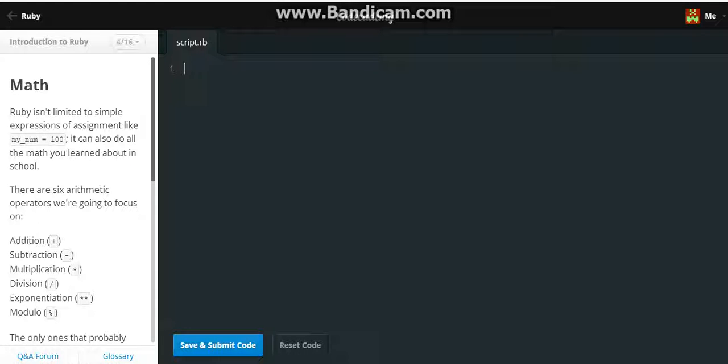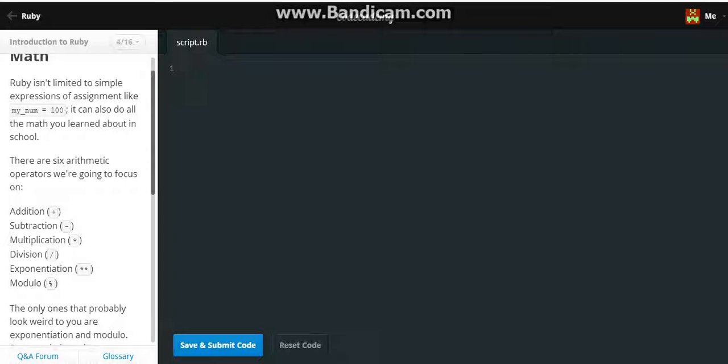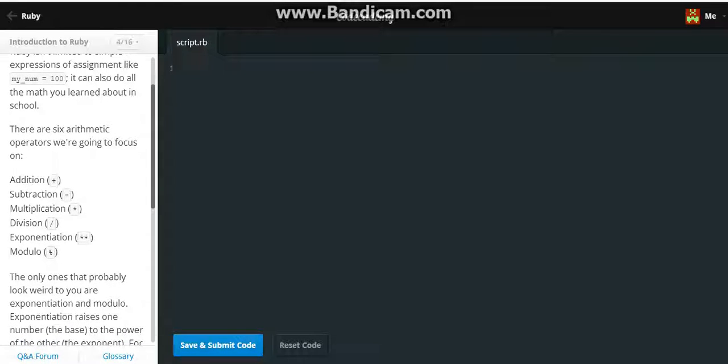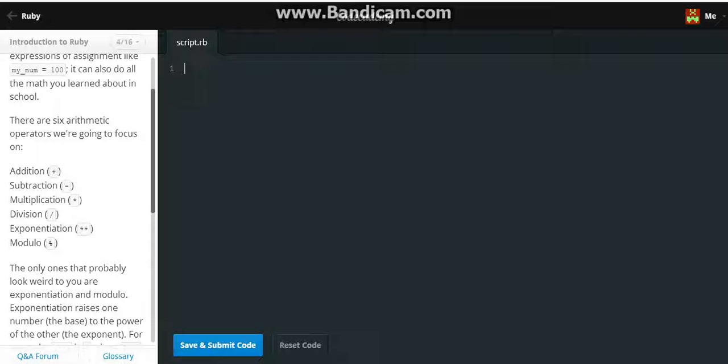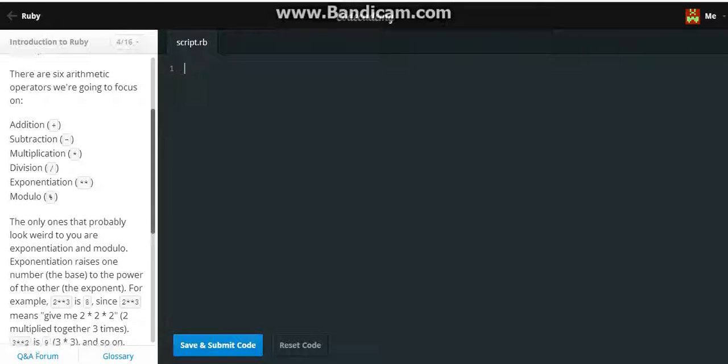There are 6 arithmetic operators we're going to focus on: addition, plus; subtraction, minus; multiplication, times; division, slash; exponentiation, double times; and modulo, percent. The only ones that probably look weird to you are exponentiation and modulo. Exponentiation raises one number, the base, to the power of the other, the exponent. For example, 2